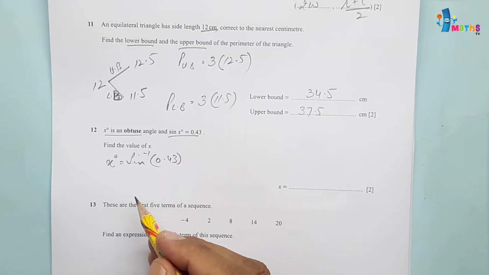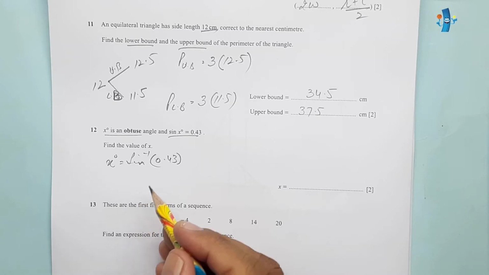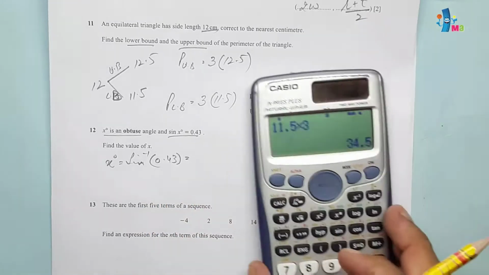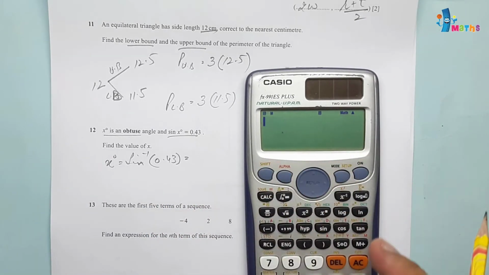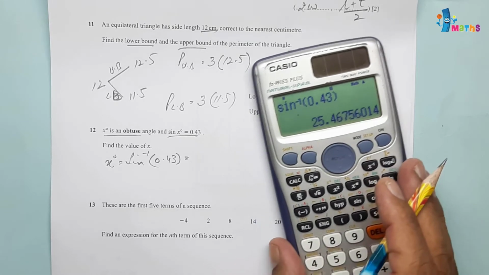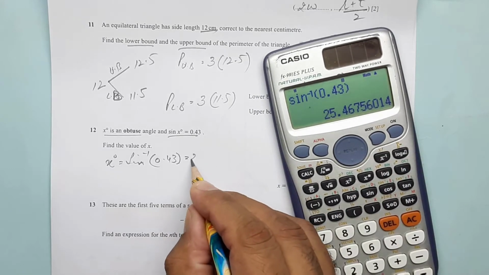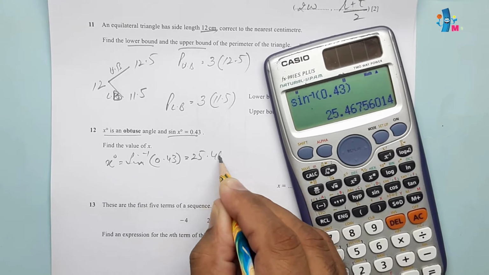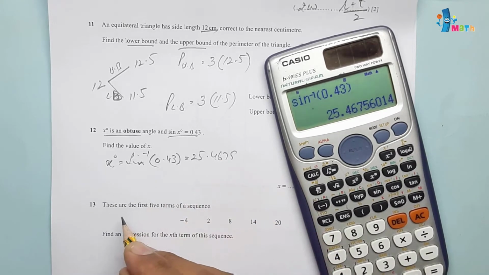And if we calculate this inverse sine of 0.43, this will be equal to 25.4675, and